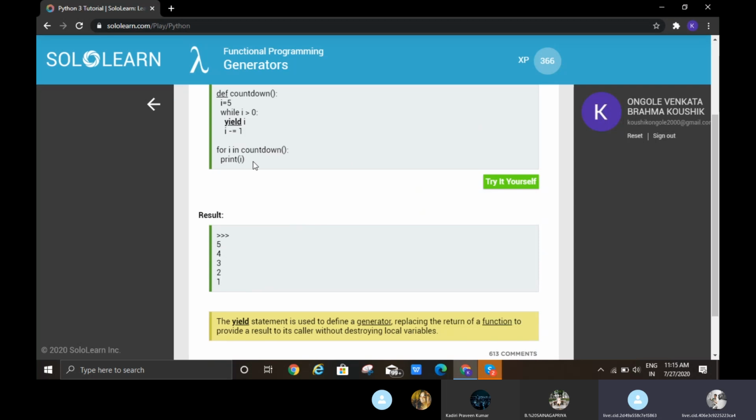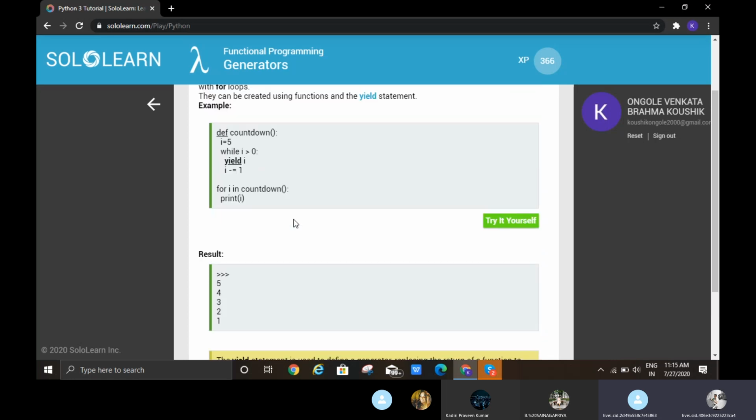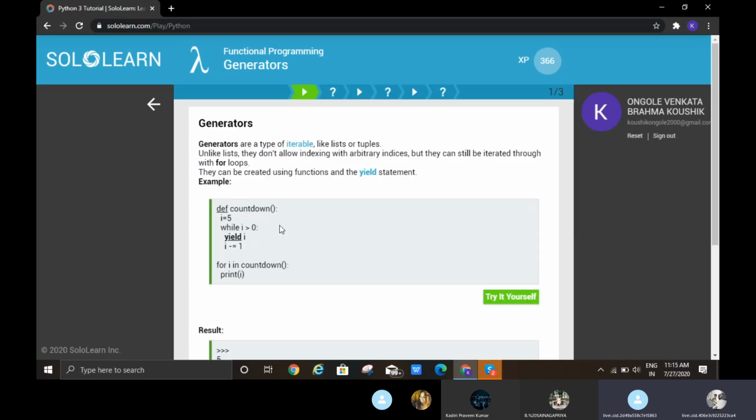Here, the yield statement is used to define a generator, replacing the return of a function, to provide a result to its caller without destroying local variables. We should use yield when we want to iterate over a sequence but don't want to store the entire sequence in memory.